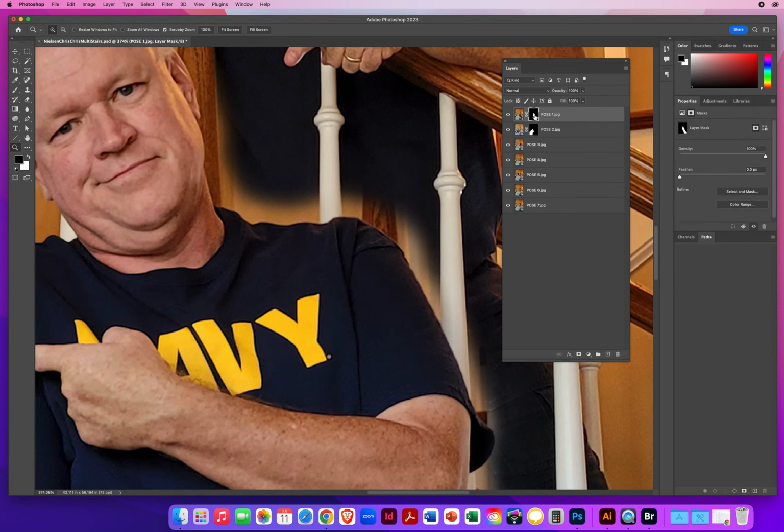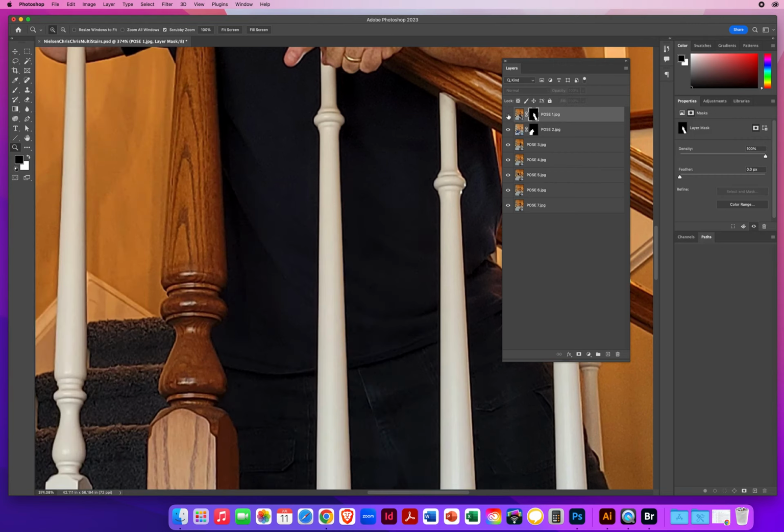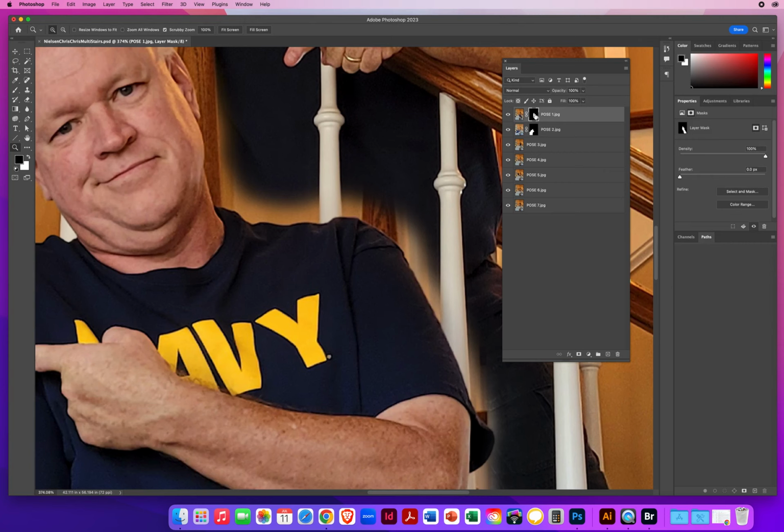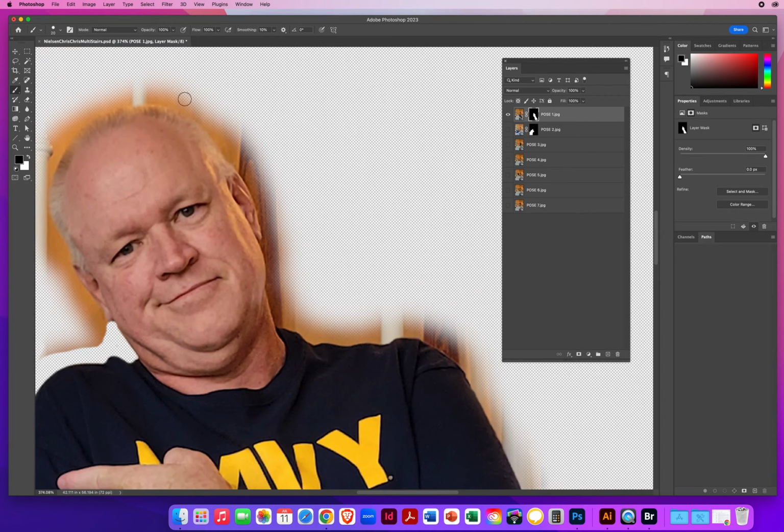So I go back to the top. You can always tell which figure is doing that by turning off the eyeball. Okay, I go to the right. You always want to be on the right. D for default. X for black, and now I'm going to scrape away again all the way around the edges of the figure. I just want to see the figure. So we'll go right around there, all the way down to there, go around the edge of the shoulder here,